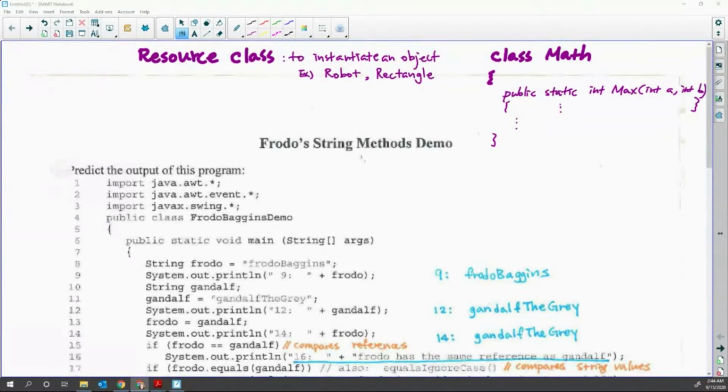Today we are going to go over the Frodo's string methods demo, but before we start that, we are going to go over what a string class is first. Let's think about resource class versus just regular class or static class. A resource class has a special purpose: because we want to instantiate an object, we encapsulate all the information inside of the resource class. For example, fields,